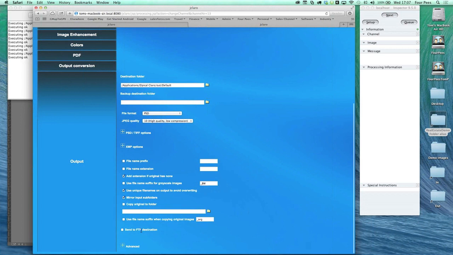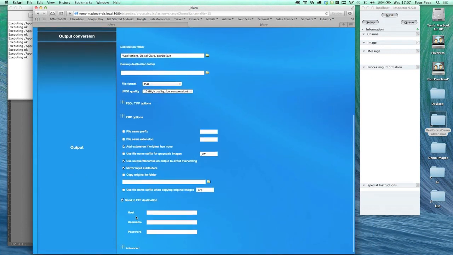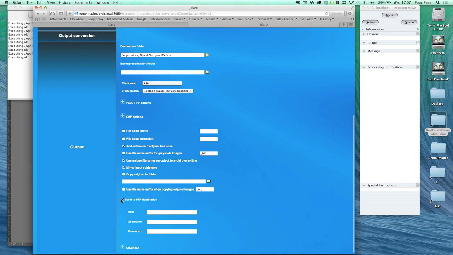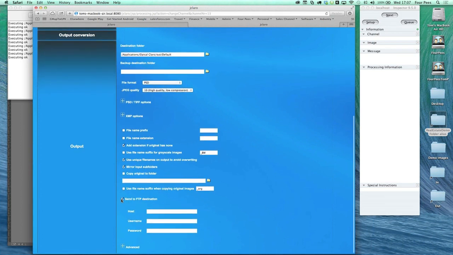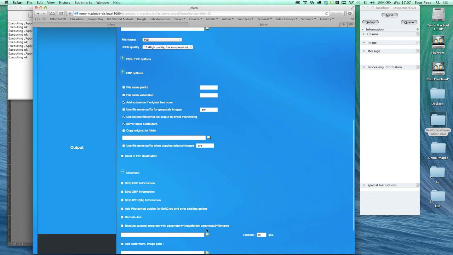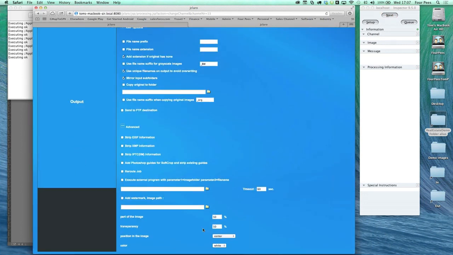I can send the image also to an FTP destination. If I select that, I simply have to put in the login credentials of the FTP server, and I'll be done. In the advanced section, there's a specific element that I would like to show you,